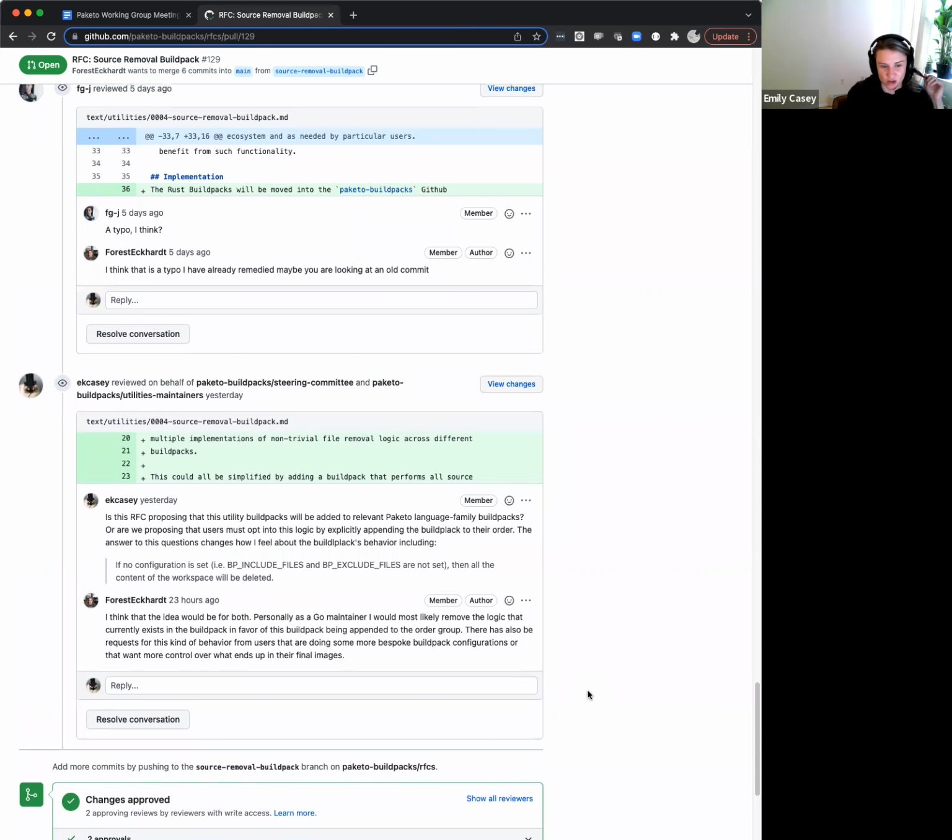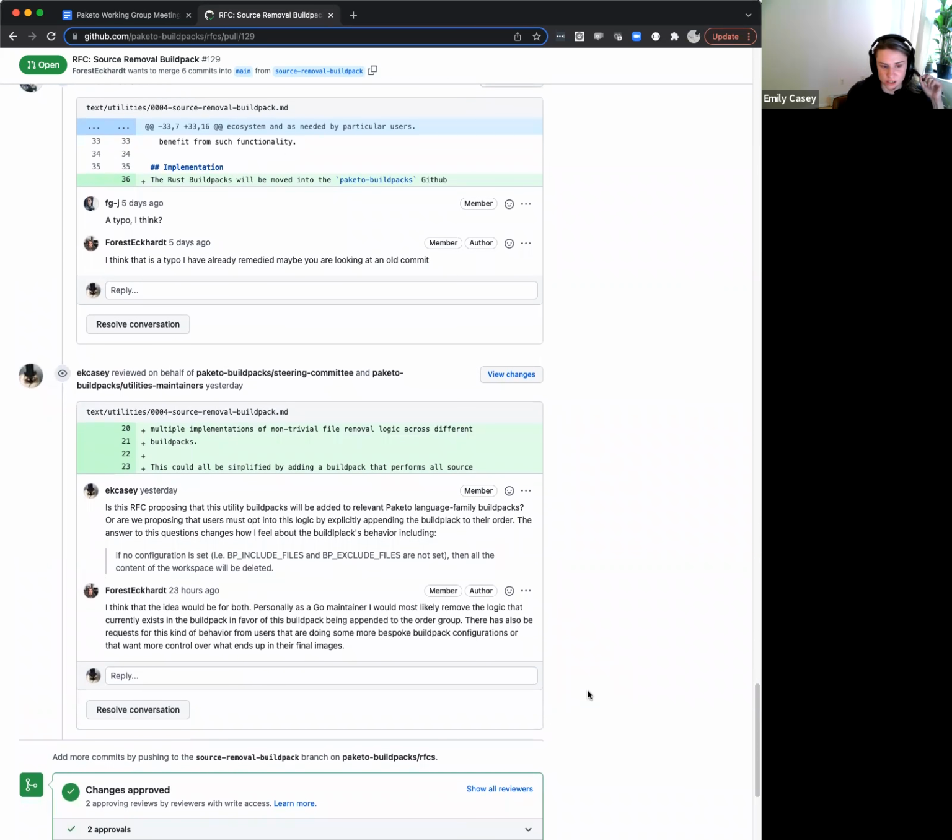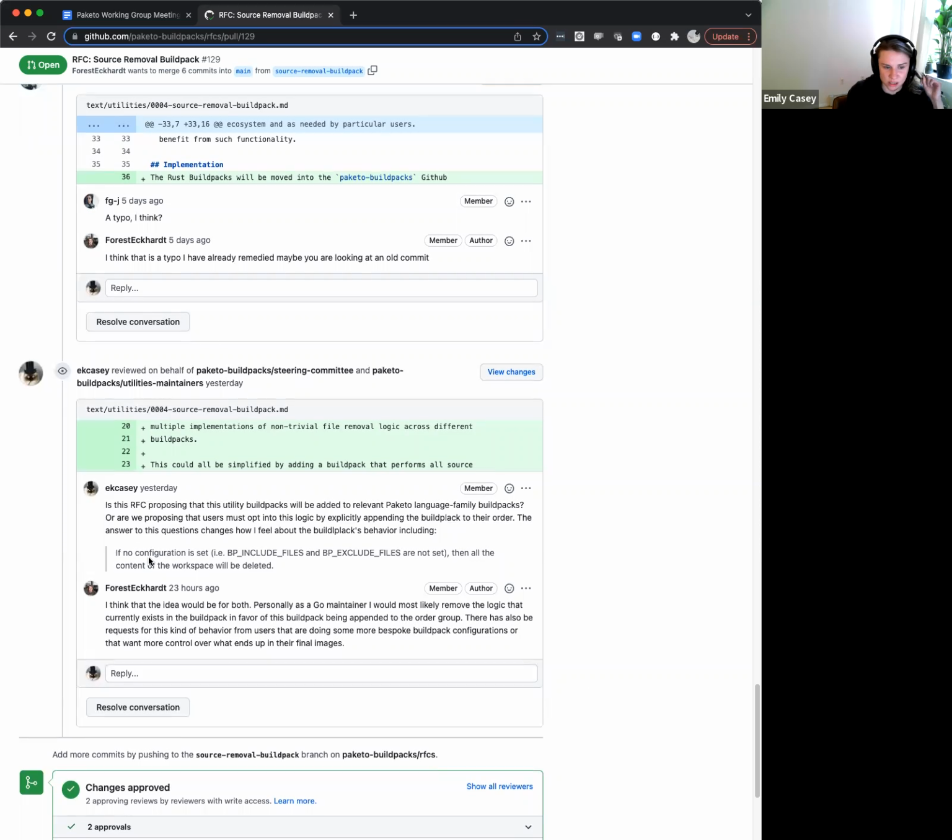Just trying to draw out some of these use cases, because it might lead me to quibble about things like, what does it do by default? Right now, by default, it deletes everything. So the way you opt in is by including it in the order. If we imagine that it's common enough that enough people want to do it, that we'd want it in the order by default, but by default it does nothing, you kind of have to opt in. I think there's different options depending on how common it is, and even if we don't want to commit to using it in some of these ways right now, if we could foresee using it in those ways, that might change how we approach this.